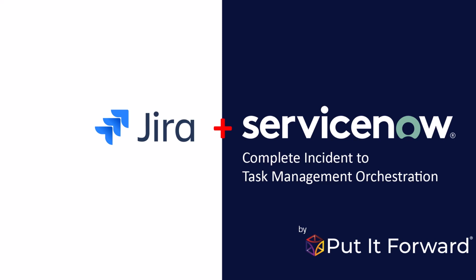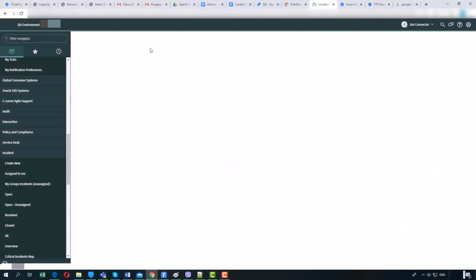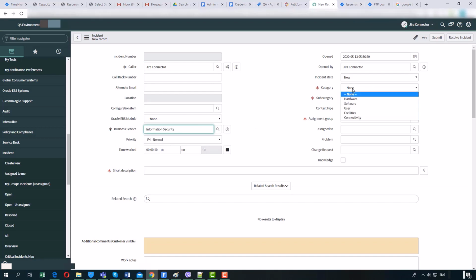Hello. In this scenario, we're going to be looking at an end-to-end incident to task management orchestration process flow in between ServiceNow and Jira. So first thing is to start creating your incident, as it were, in ServiceNow and applying all the various fields and lookups and data elements that you need to be part of the incident that you're